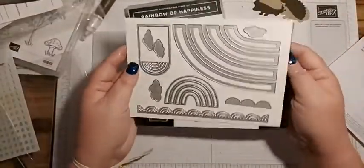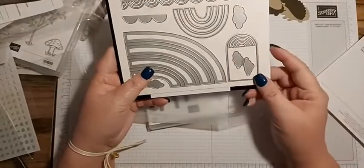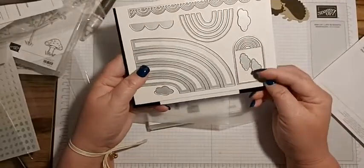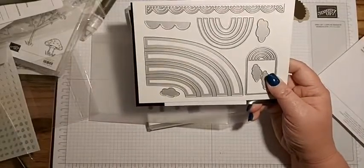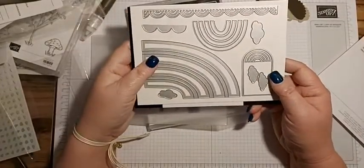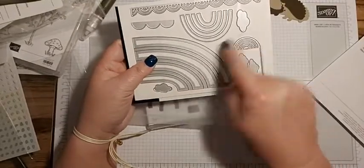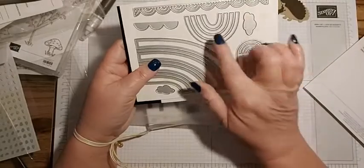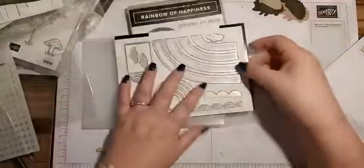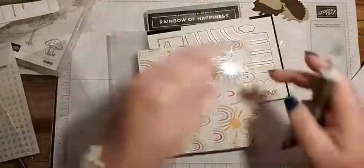Okay. So we have all of these. Oh, I like this as a tag. Oh, love that. And there's little tiny clouds. So in the Give It a Whirl dies, there's a few clouds, but not this little. So like those. And then this one cuts out. So in the celebration, so when you order,